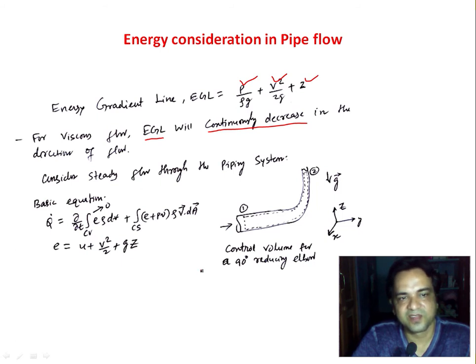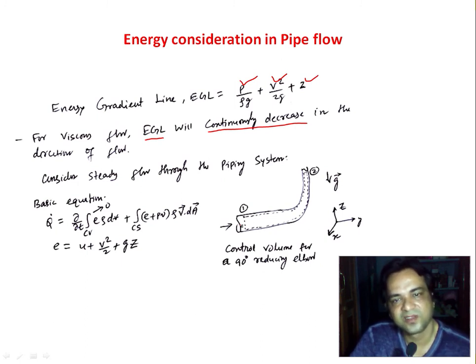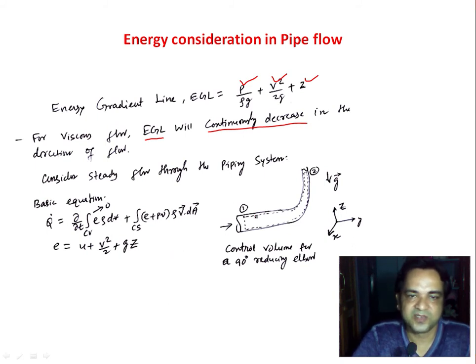The first law of thermodynamics says heat transfer minus work transfer is the rate of change of energy of the system. It's only fluid flow, so there is no shaft work or other forms of work. The shear force is there, but the shear work will be zero because the velocity at the wall is zero due to the no-slip boundary condition. So all forms of work will be zero, and only the heat transfer will be equal to the rate of change of energy of the system.